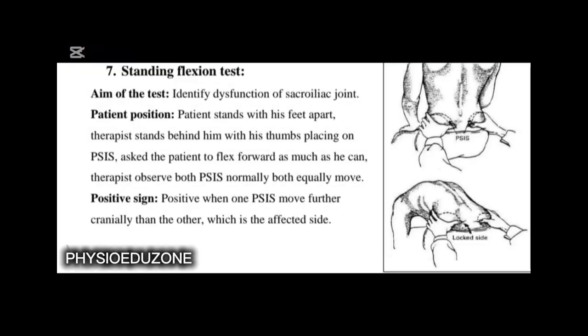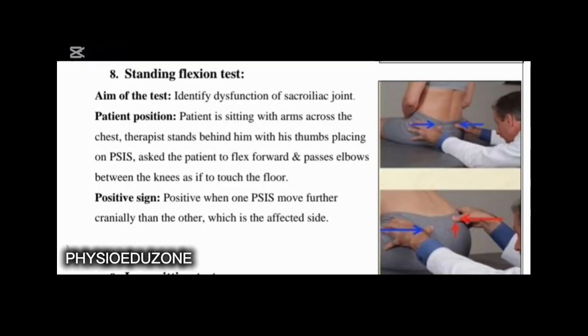7. Standing flexion test. Aim of the test: identify dysfunction of the sacroiliac joint. Patient position: patient stands with feet apart. Therapist stands behind with thumbs placed on the PSIS. Ask the patient to flex forward as much as he can. Therapist observes both PSIS; normally both move equally. Positive sign: positive when one PSIS moves further cranially than the other, which is the